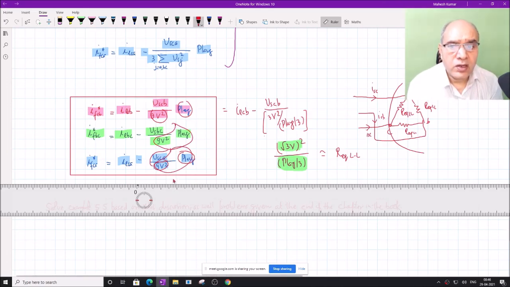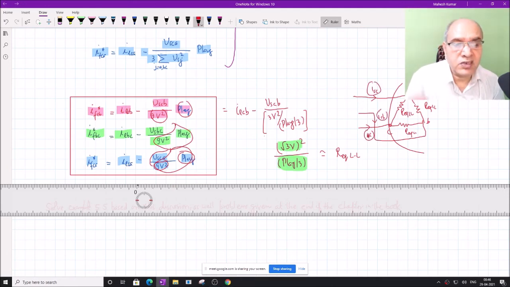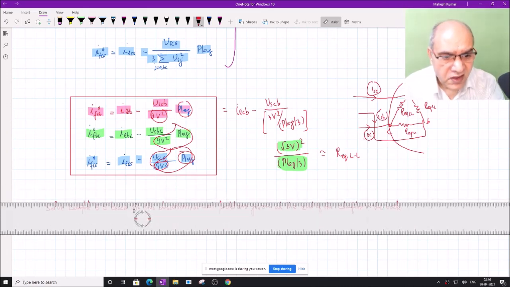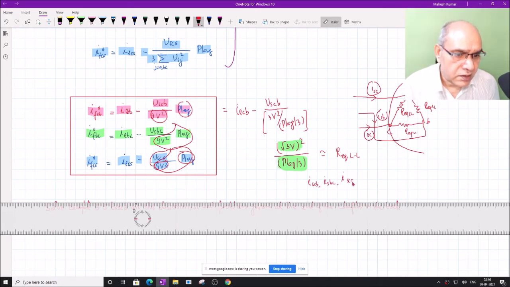And therefore, the effective source line to line currents are in phase with the respective voltages, and therefore ISA, ISB, ISC are also in phase with their respective voltages. Remember it, if ISAB, ISBC, ISCA are in phase